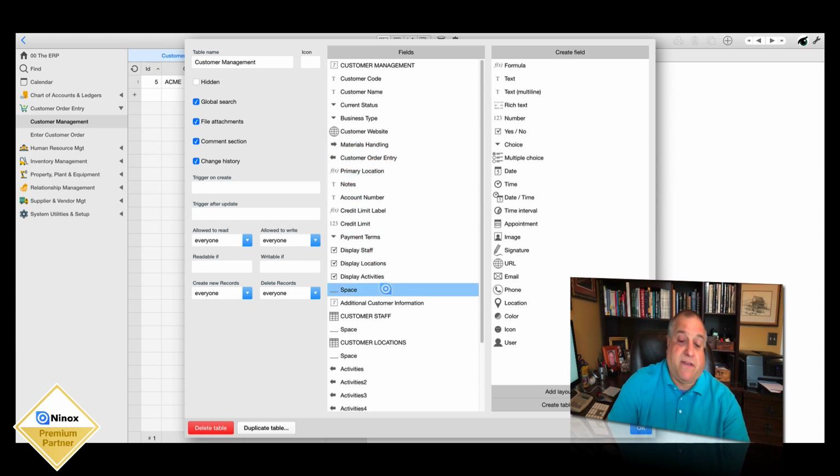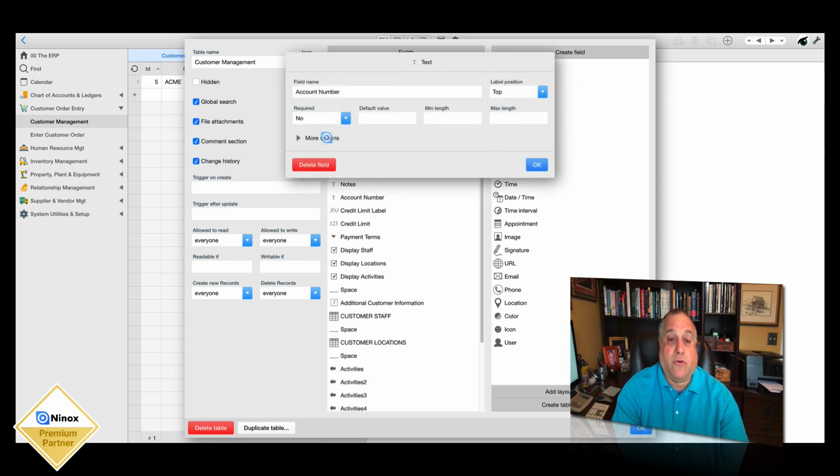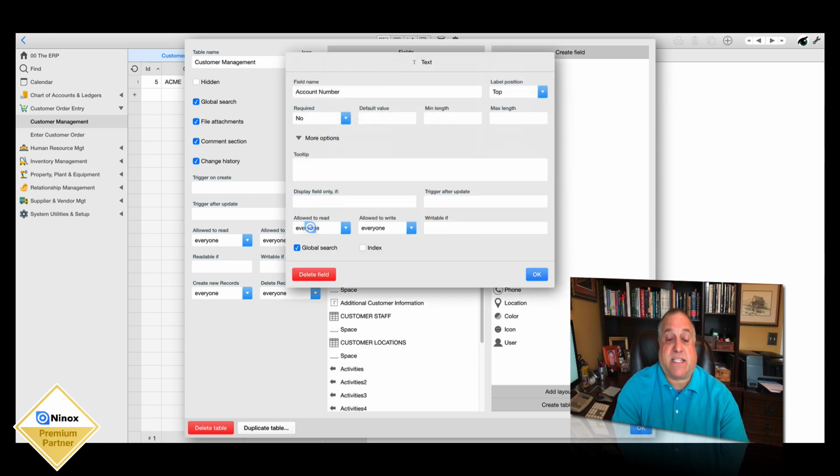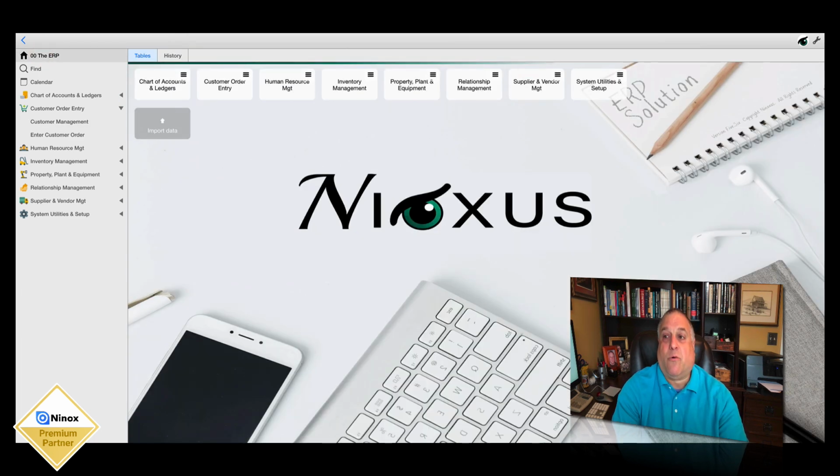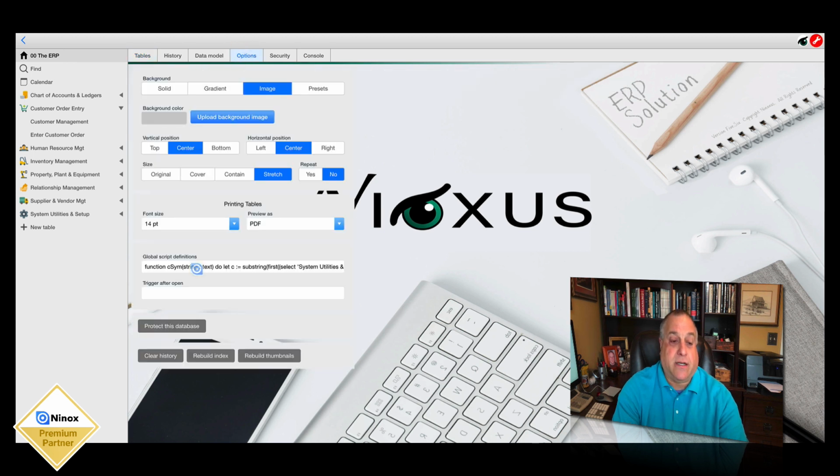to a specific field. For example, I might go into the account number field under more options and specify at a group level the ability to read or write, or at a code level specifically identify people who could write within these groups. And then finally, at the database level itself, while in administrative mode, we have the option to